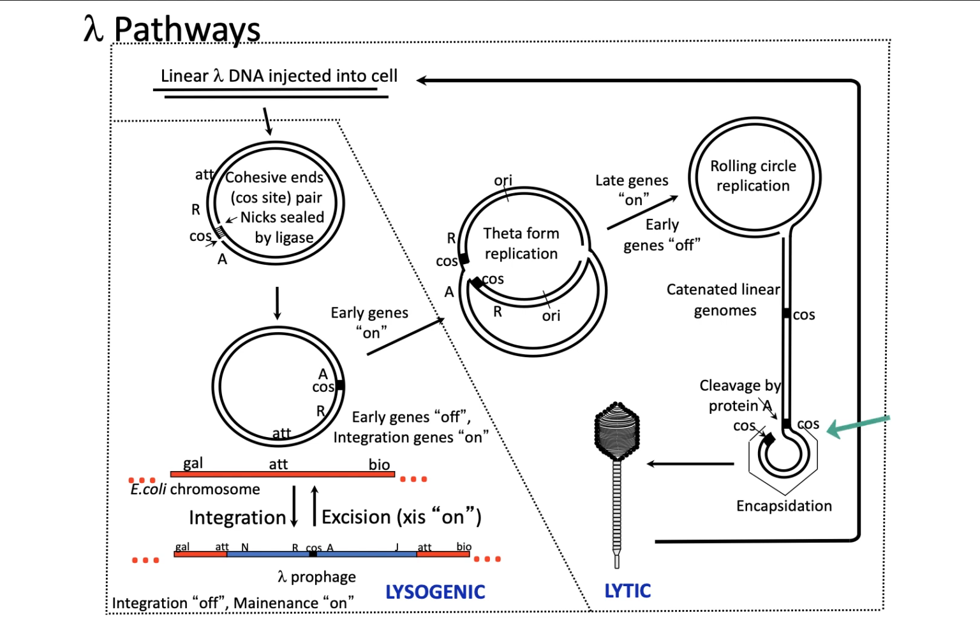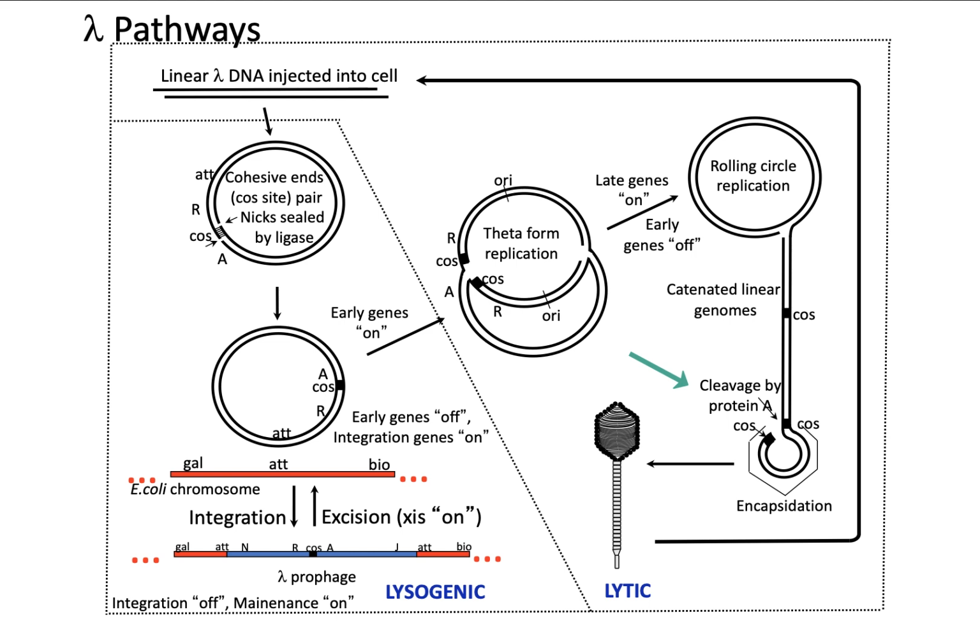And then the heads and tails are produced, and finally the DNA is threaded into the head, and then at the cos sites, these are cut by an enzyme, protein A, filling the head with exactly 1 genome's worth of